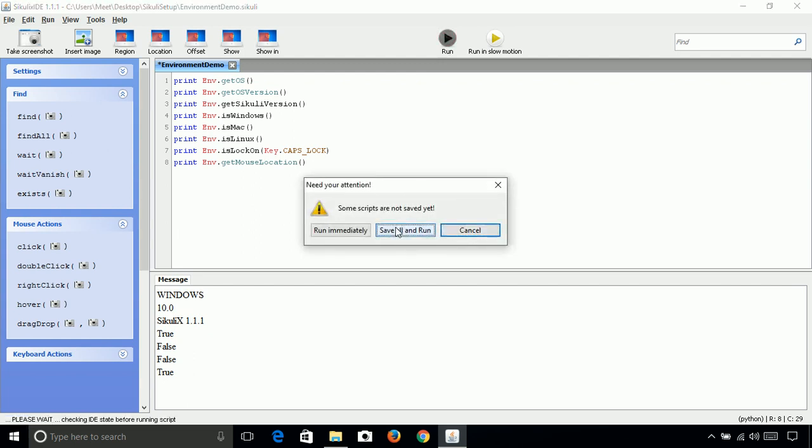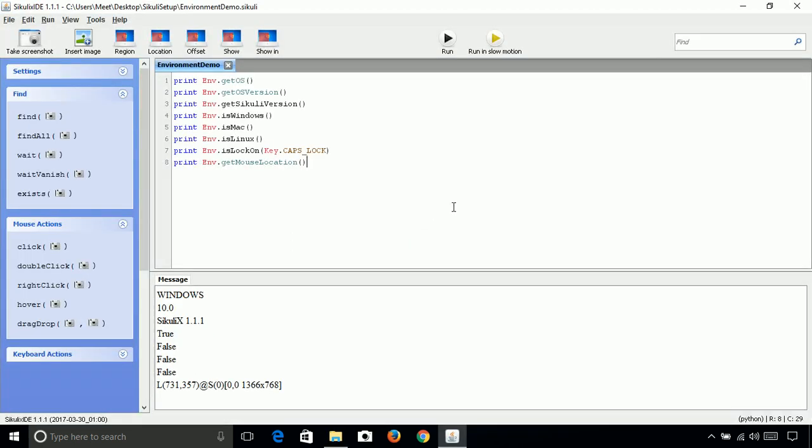Now let's save it and run. So our mouse is at this place, so it is nothing but a Location object, with x and y coordinates. So this is how we can use the environment methods to code our scripts better. Now this is all for module 2.